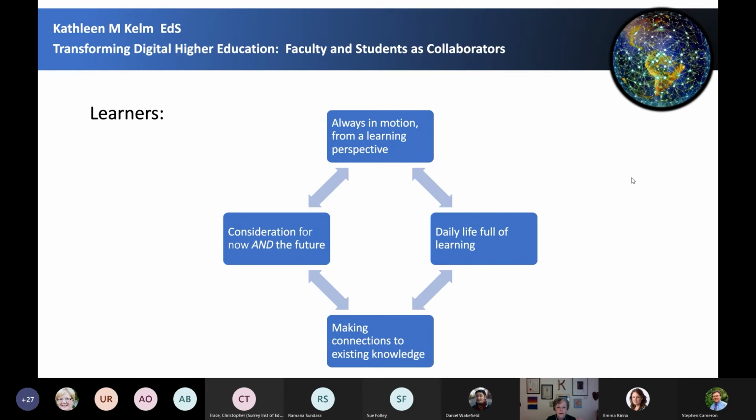Their daily life is full of learning, and they are always making connections to what they already know. They understand this idea of existing knowledge. They know how to do things, but they have to learn how to do things differently. And sometimes questions about their own ability come popping out. Now, let's put this in a higher education context. Is anything different? Not really. They're bringing existing knowledge in. They're bringing their own understanding of digitization, which may or may not be in sync with how everybody else in that teaching and learning environment has it, and in particular faculty.